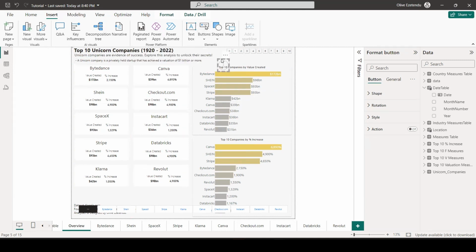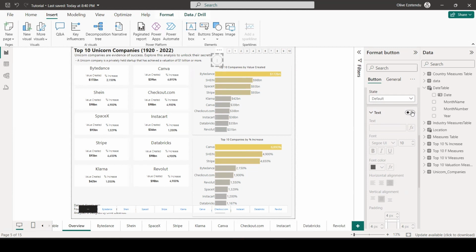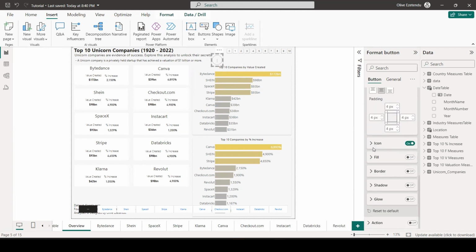Okay, so now I have this right here. The next thing I want to do is to come and format it. So this is where all of the magic happens. Okay, so I'm going to come to style. I'm going to turn on the text. Okay. So now when I turn on the text, I will come to icon,